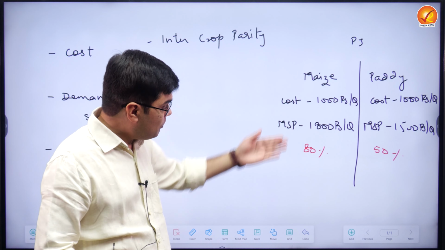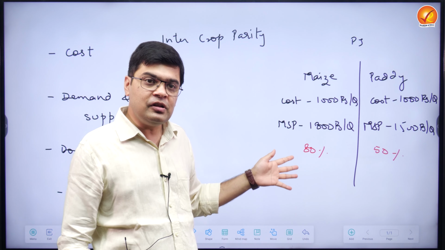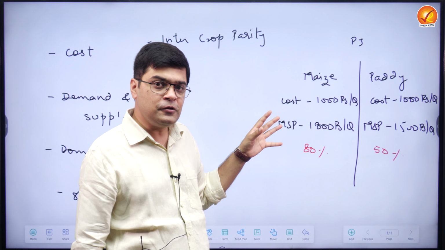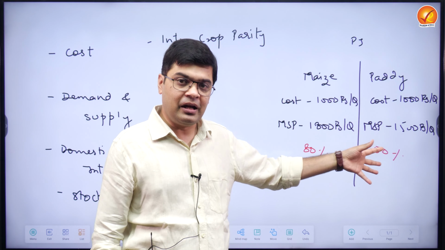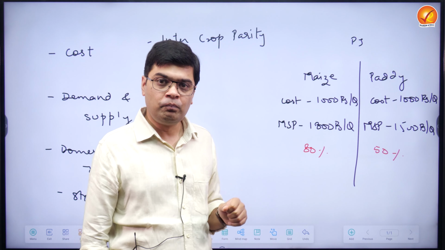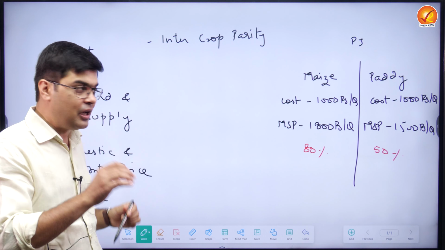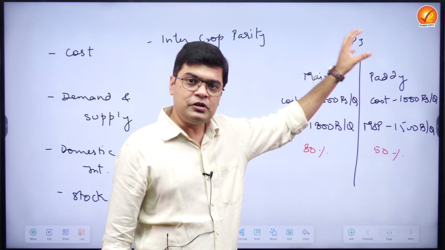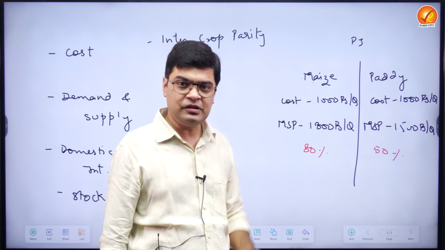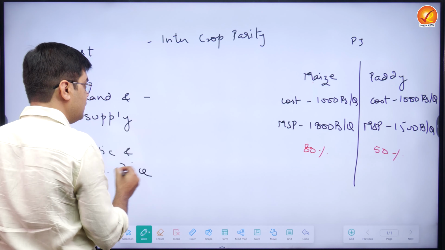Or suppose the MSP on paddy is too high and the farmers start shifting from paddy to maize, excess of maize will be cultivated and we may see a shortage of paddy. That also may not go well. So whenever the CACP is calculating MSP, it takes into consideration how the MSP on one crop will affect the cultivation of other crops which are cultivated in the same area or in the same season. Another one of the factors that is taken into consideration is